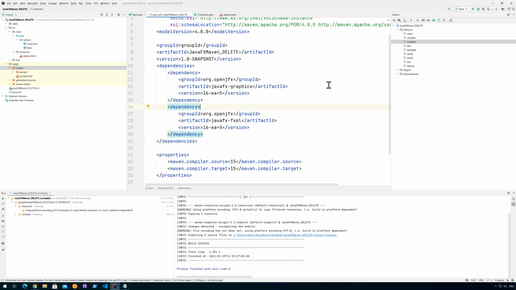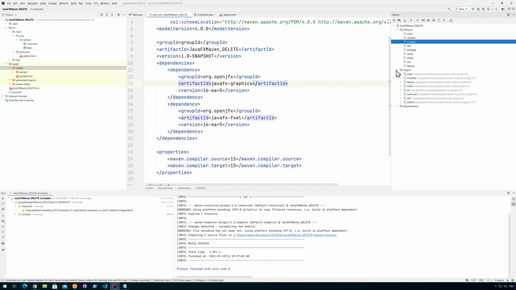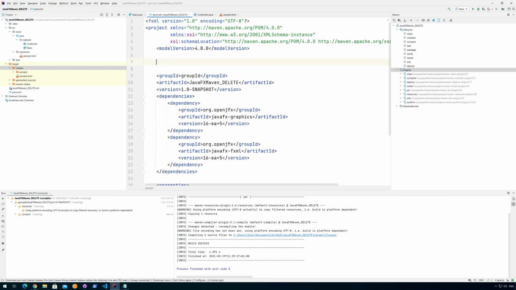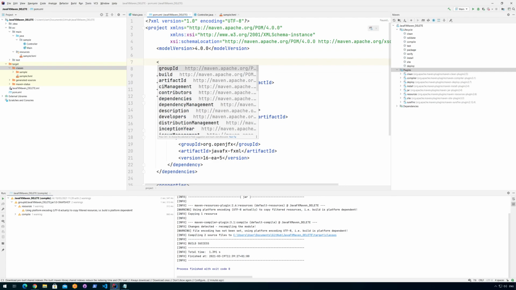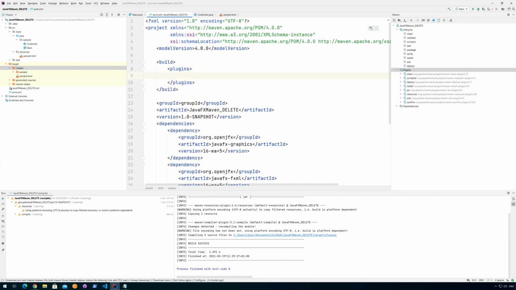Okay, so the next thing is we want to run this as before. We couldn't really run this without using the build script from Maven. So we need to have, under plugins, we need to use the JavaFX plugin here. So a way to add this is to create a build configuration here by typing build and then plugins. And then we need to define the plugin that we want to use. So we say